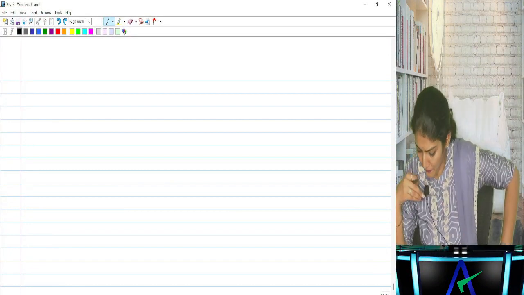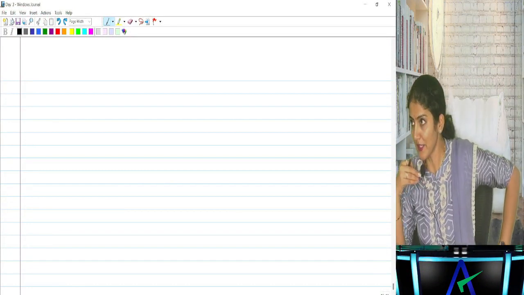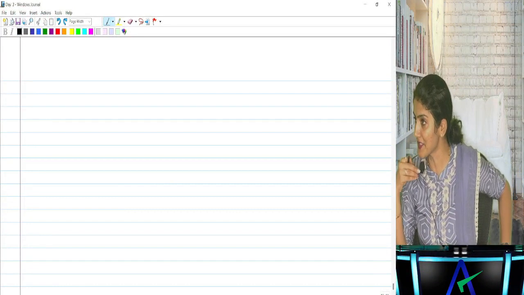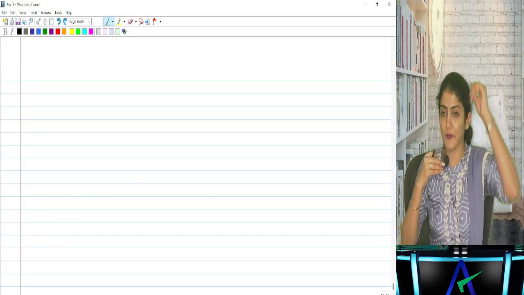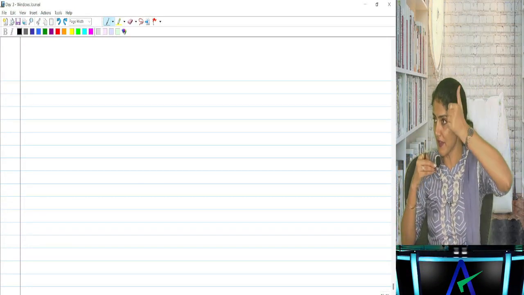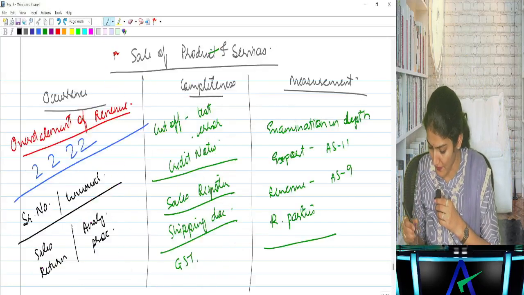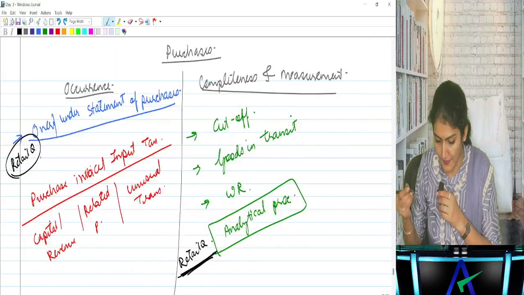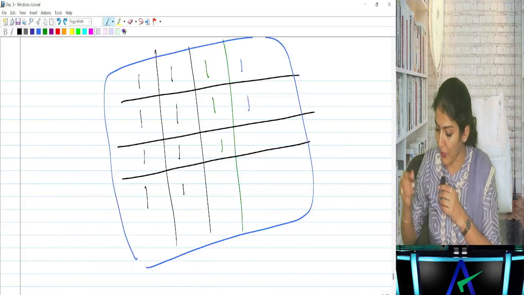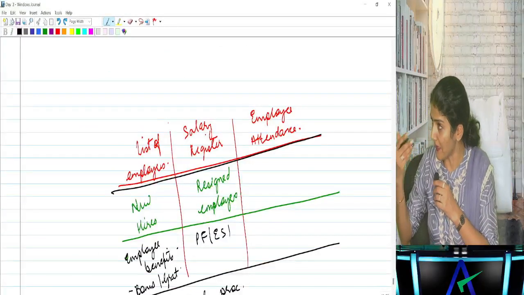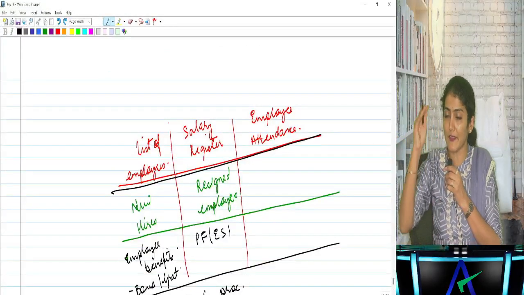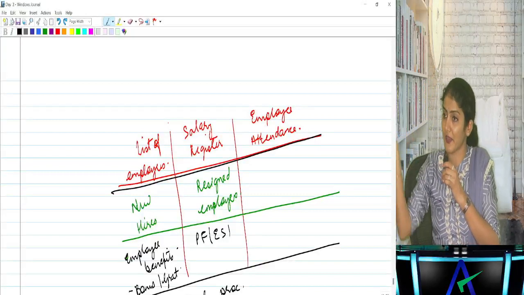Right, so all of you back. Let's complete with the last item of the financial statement over there. What are the items which we saw in the income statement? Sale of products and services, then the purchases of the goods and services, right? Then after that, the employee benefit expenses and the depreciation and amortization expense, and then you have the other income and the other expense, right?